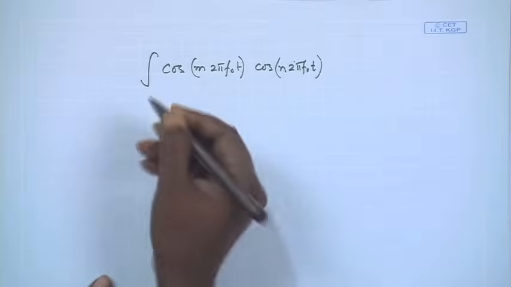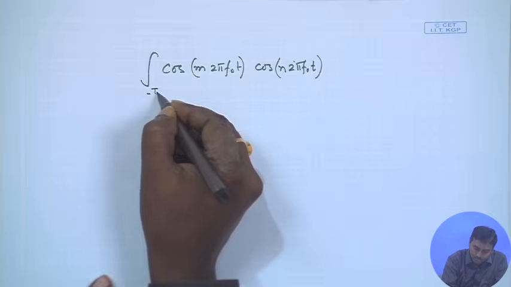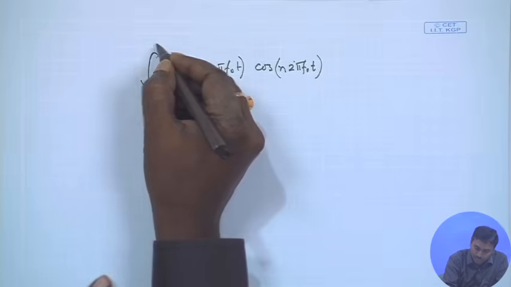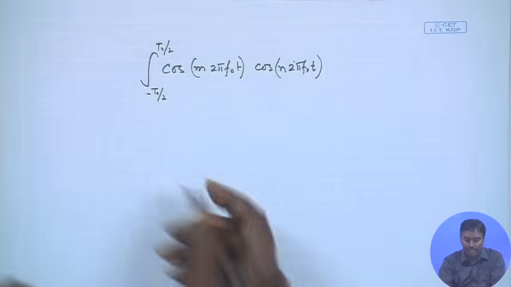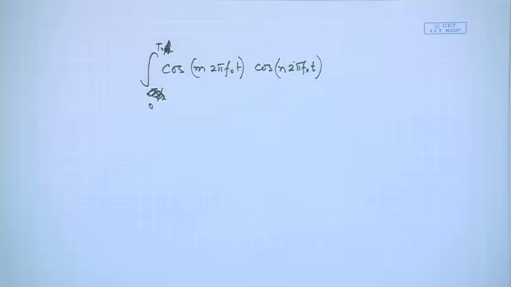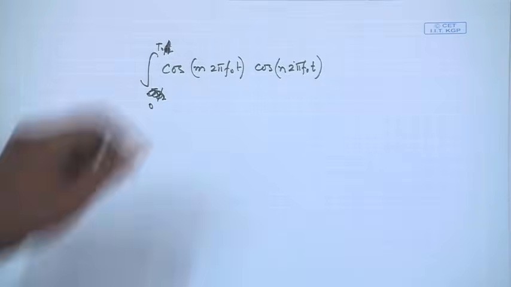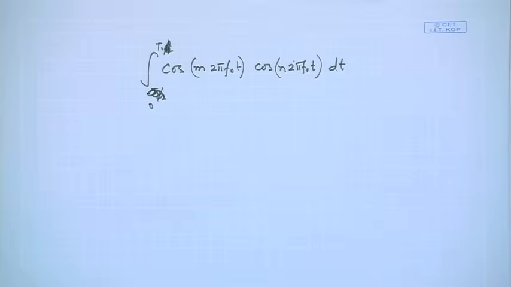Is it true? So we will probably do it from, let us say, minus t0 by 2 to plus t0 by 2. We can even do it from 0 to t0, any period you can take. So, over a single period we are trying to evaluate what will be happening if we do this integration, because we know that that is the proof of orthogonality. If this is 0